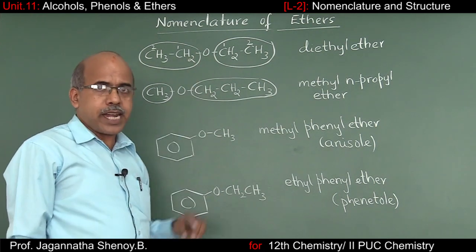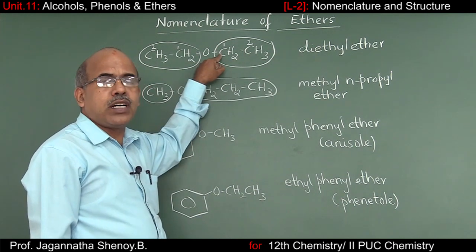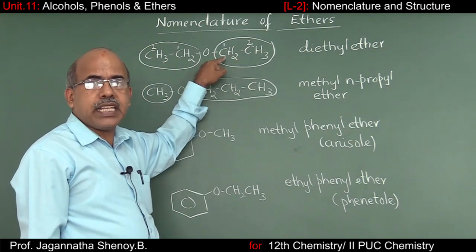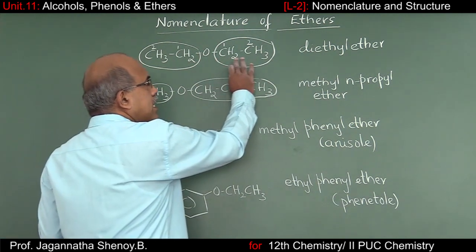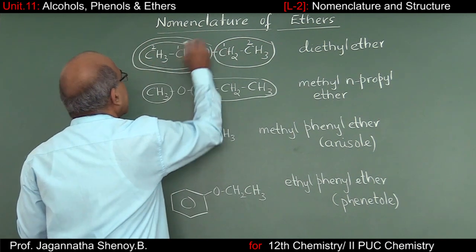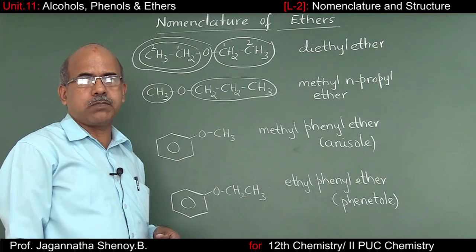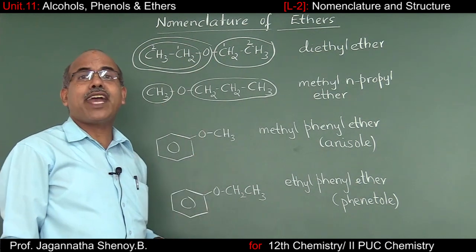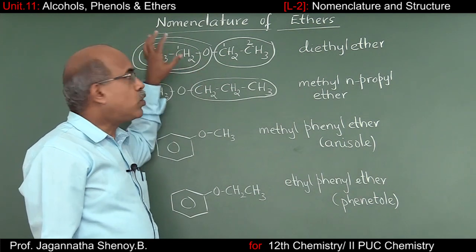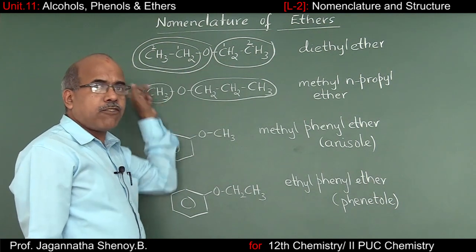So when you consider the parent hydrocarbon, we have to have only two carbon atoms. So what should be the root word for two carbon atoms? It should be eth, connected by means of a single bond, ethane. So once I consider this as the main chain, this entire group will be treated as a substituent. You know, the ether functional group can never be the principal functional group. That's why the ether functional group does not have a secondary suffix. Instead, it is always treated as a substituent. So this group has to be indicated as a prefix.